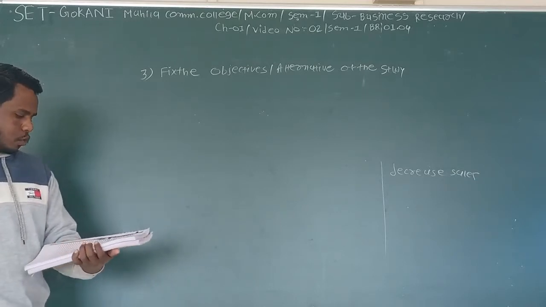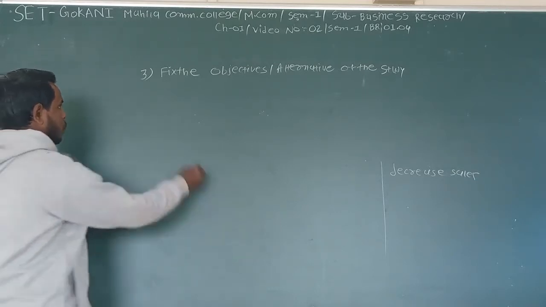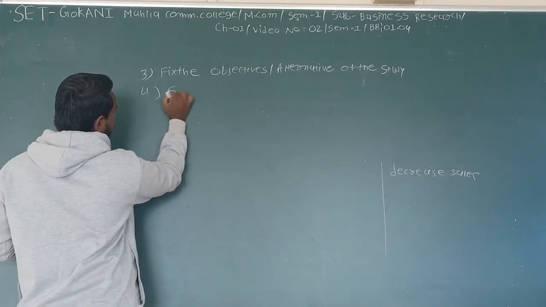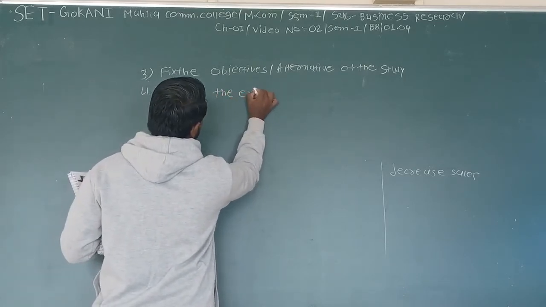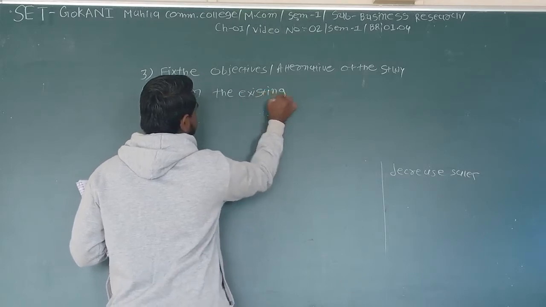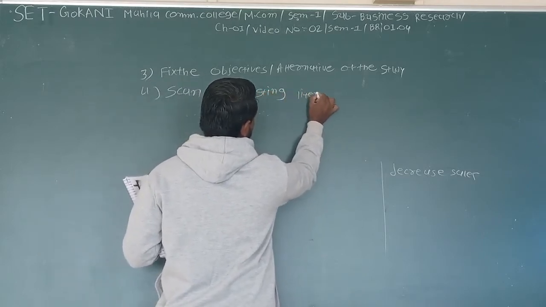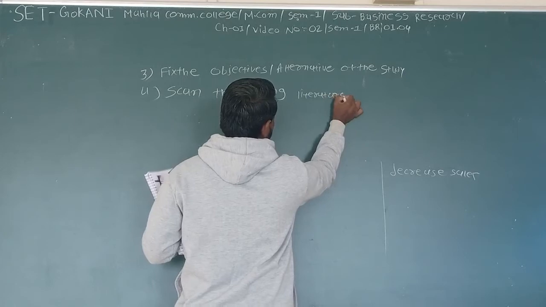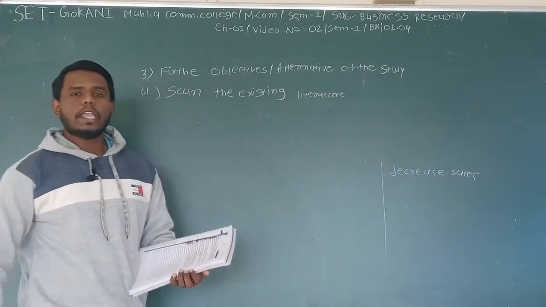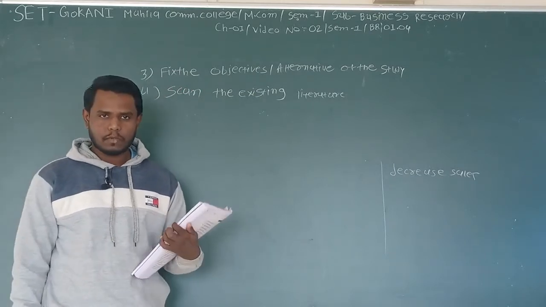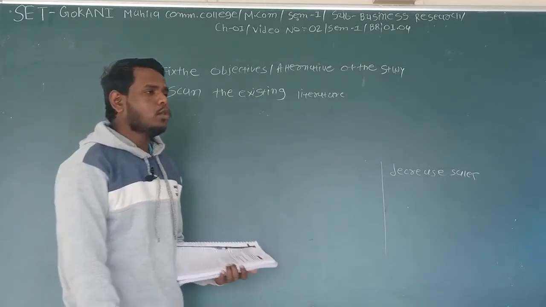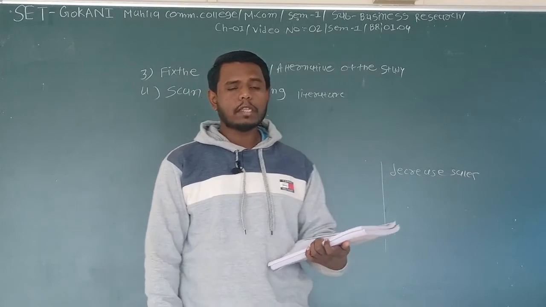After that, the fourth one is to scan the existing views. The scanning of existing literature is also known as the review of literature. What is review of literature? When you try to find out something, at that time